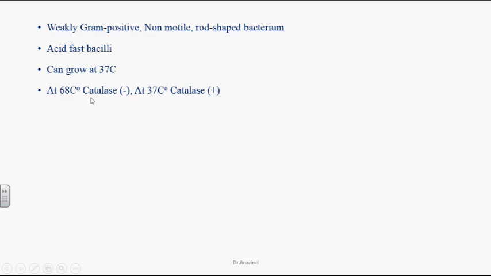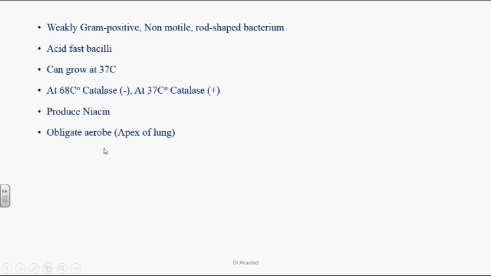At 68 degrees centigrade, these organisms are catalase negative. At 37 degrees centigrade, they are catalase positive. So this catalase enzyme production helps the growth of this organism inside the macrophages. It neutralizes the hydrogen peroxide which is produced by the phagocytes, and it produces niacin, and it is an obligate